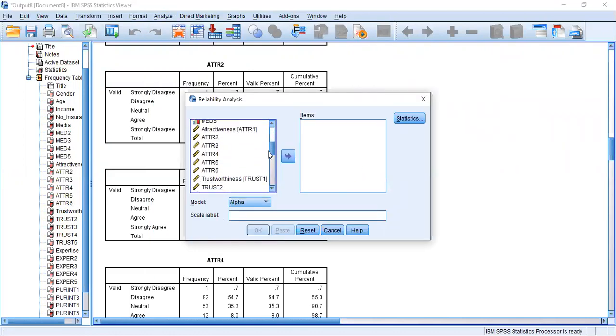Now select the items that you need to check for reliability according to your variables. In this particular data set, attractiveness is one variable and it has 6 measurement items. Here, we don't need to check the correlation matrix and everything. Just click OK.